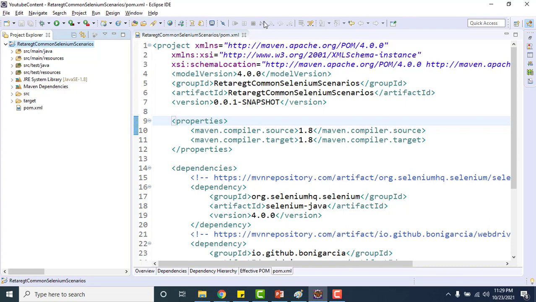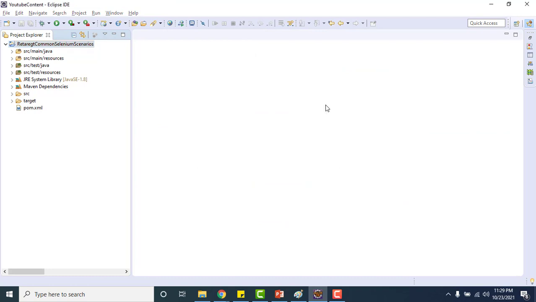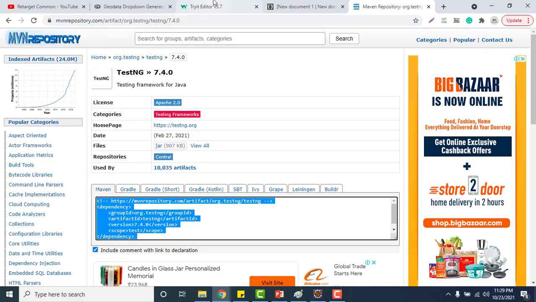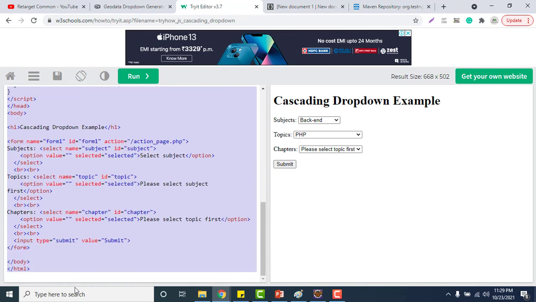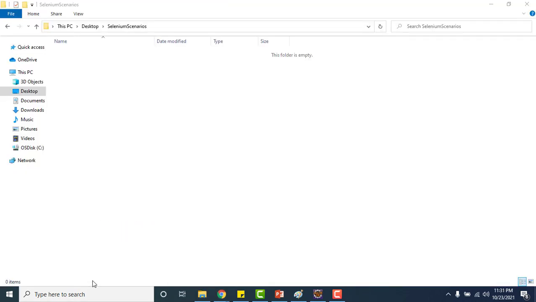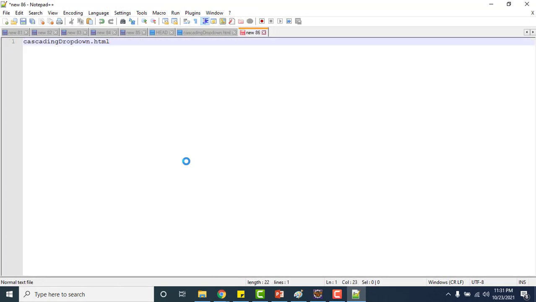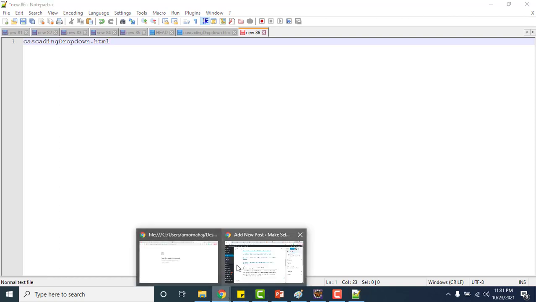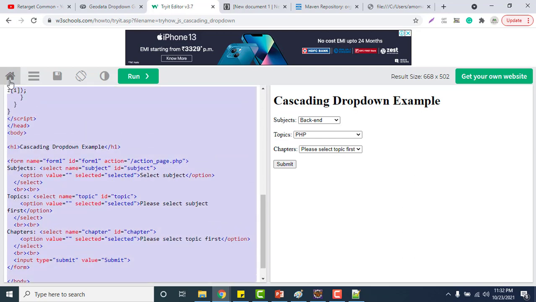Now what we need to do, first we need to create one HTML file, where I will have the cascading drop down. So let me go here, and yesterday we saw this one from W3 School. So what I'll do, I will copy this code, and I'll get my HTML file. What I can do, go here, search Notepad++. Sorry, let me copy the HTML code again. Okay, it was already copied, but yeah, let me copy it again.